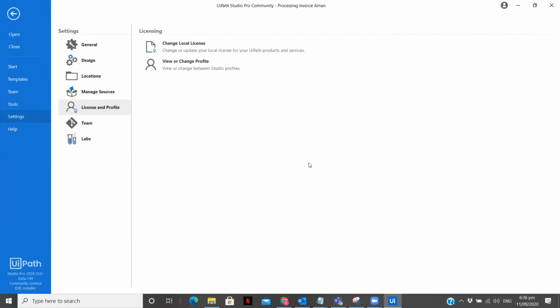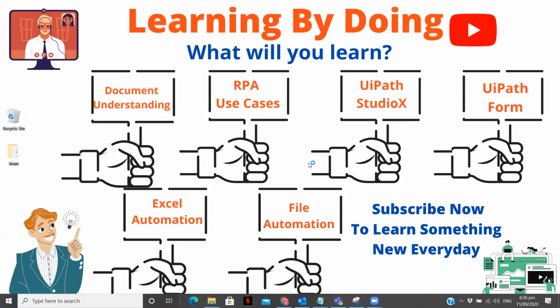As I create content on both UiPath Studio Community as well as UiPath Studio X for business users and citizen developers, it is very easy for me to switch between the profiles. It just takes me 5 minutes, and whatever task I want to perform, I can switch and build that use case or workflow. It's that easy. Now let's wait for Studio X to get loaded.